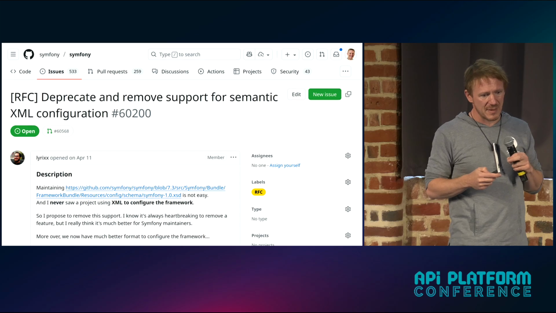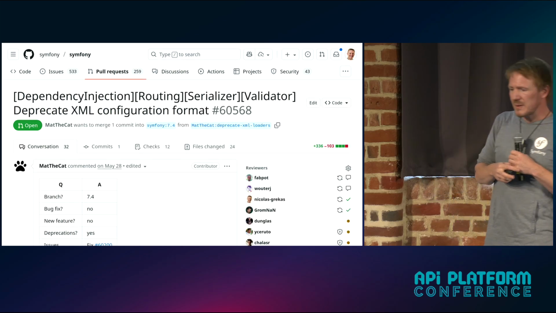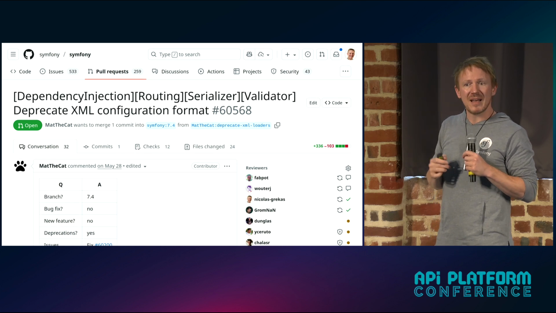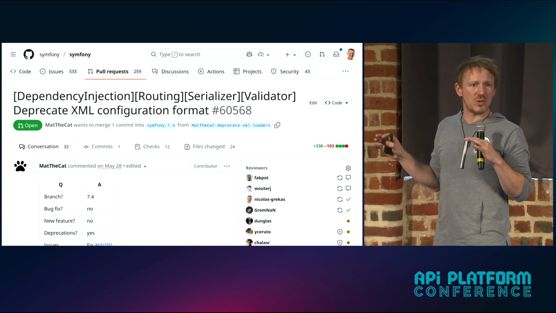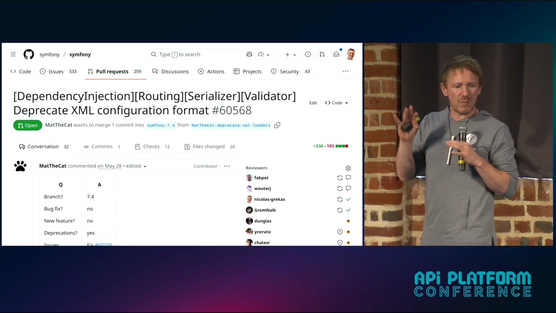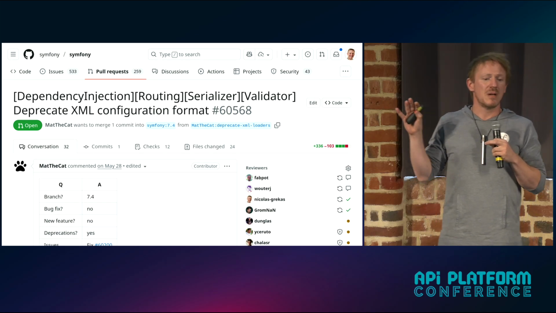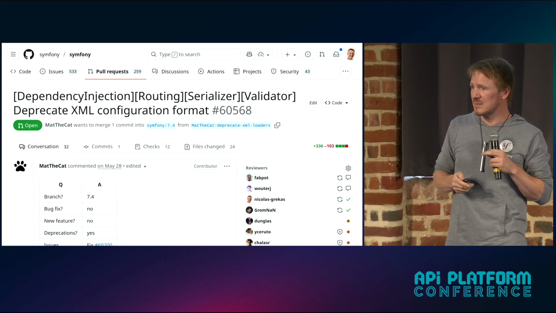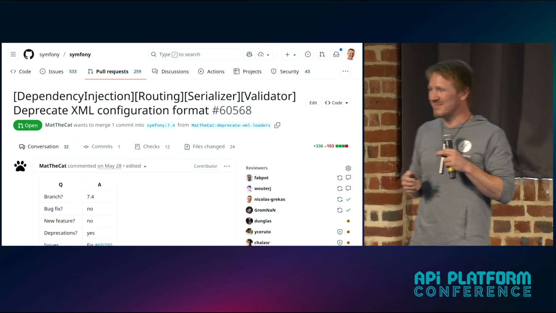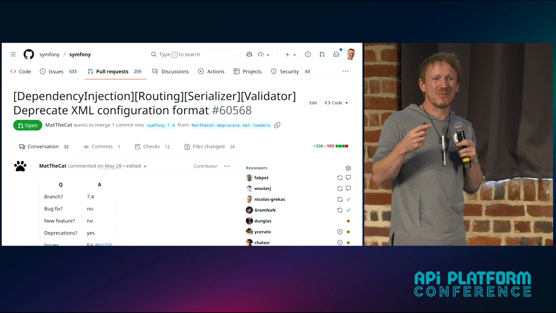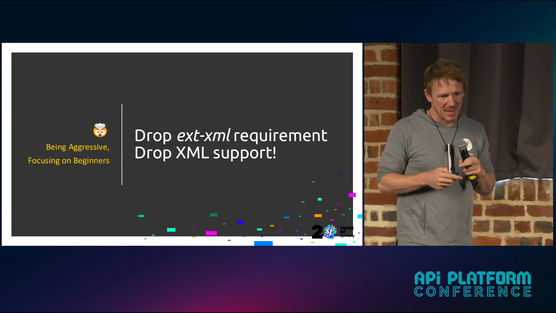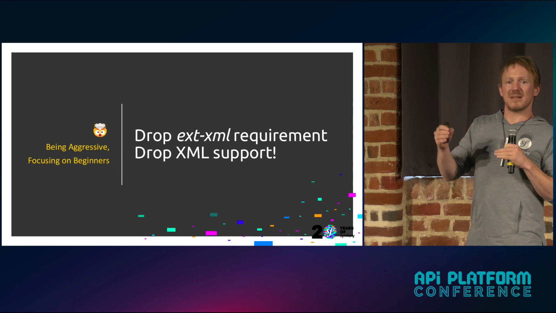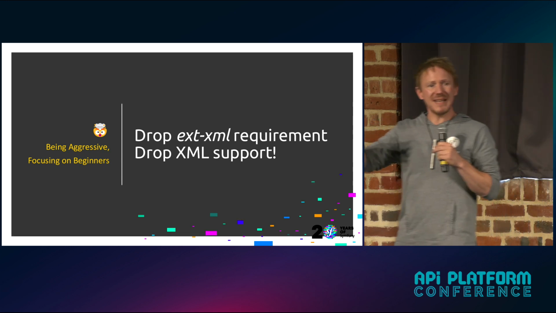Deprecating support for XML. And so 1 month later, maybe 2, Mathieu opened this pull request saying, hey, I looked at XML file loaders in the source code. I found 4 of them in dependency injection, routing, serializer, validation, and let's deprecate them all. Right? Are you fine with that? No? Yes? It needs a bit more thinking. But before that, I was like, hey, this is great. Let's go 1 step further. Let's remove any dependency on the